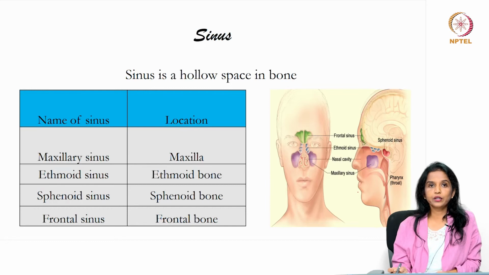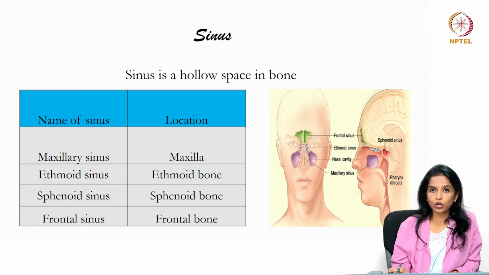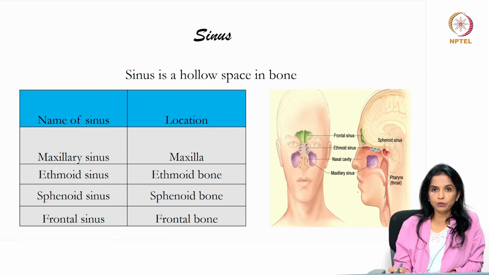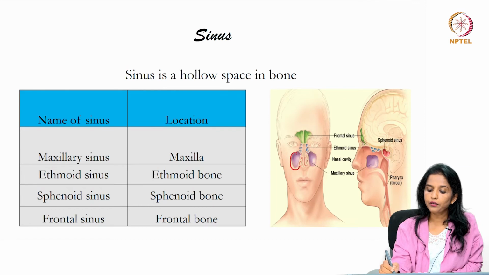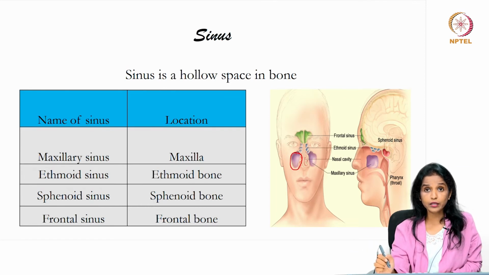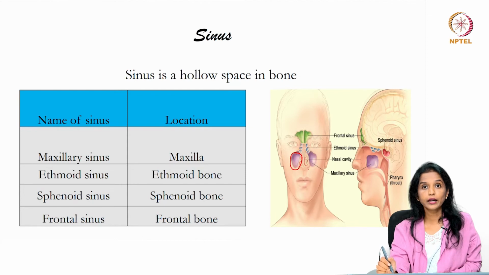And then we have the sinus. So sinus is a hollow space in the bone, which is very, very important. The hollow space in the bone, as already said, is present to give more resonance to that particular solid structure. It also helps in reducing the weight of the craniofacial system. So wherever possible, most of the bones will have a sinus-like space. So what does the sinus-like space contain? They are actually hollow and empty, and they contain only air.